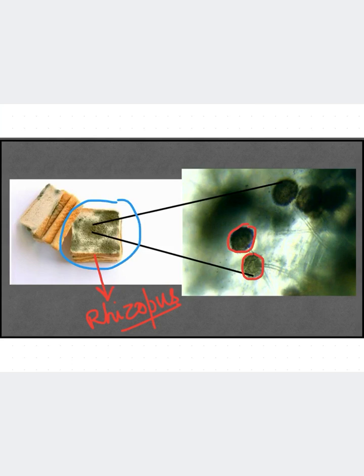Yes. This is beautiful, beta. These are beautiful structures you will see. See, they are hyphae. These are long thread-like structures, as you can see here. They are hyphae. Okay. Rest of the details we will be discussing in the higher classes. So for the time being, you remember this much. Okay, beta?